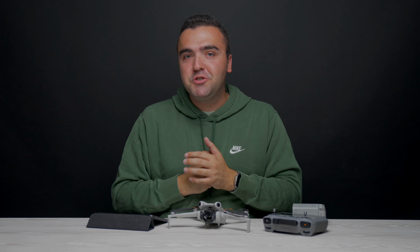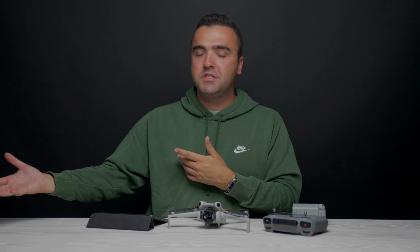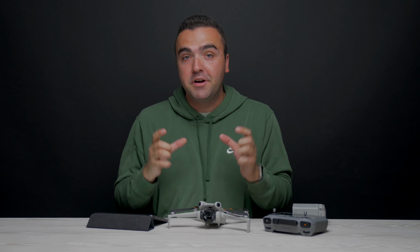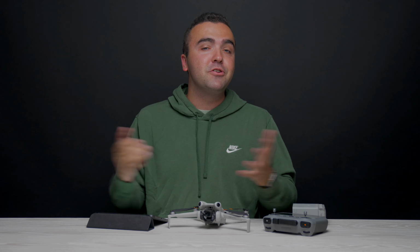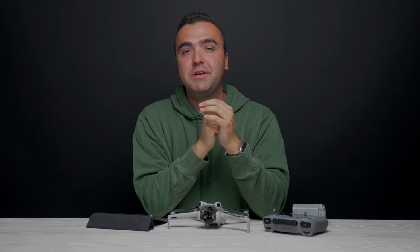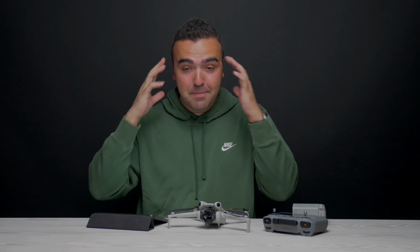Now, to elaborate on that story, I was in sport mode and I didn't have my obstacle avoidance sensors turned on. Of course, the maximum speed of the Mini 4 Pro here is about 36 miles an hour. So in order to keep up with the fast moving boat, I've got to keep the drone in sport mode, and I just totally didn't know that I was that close to the trees. So the drone flew sideways, hit the tree, fell down to the ground,